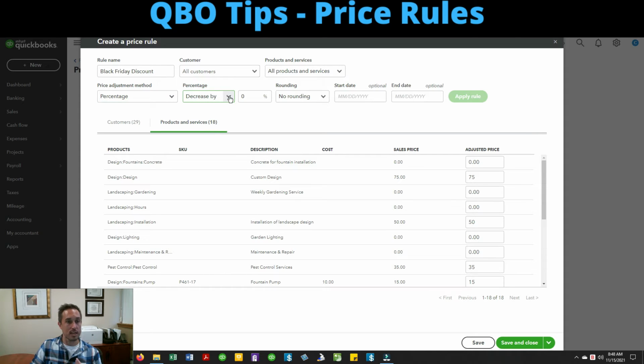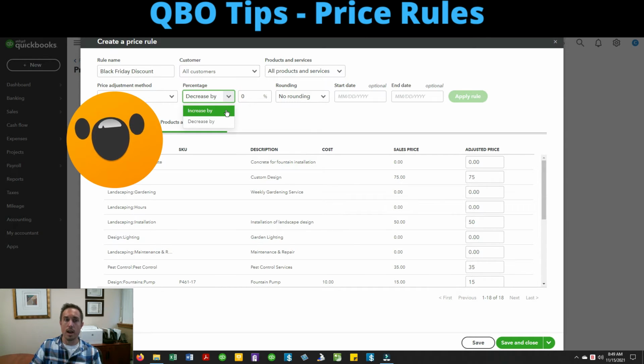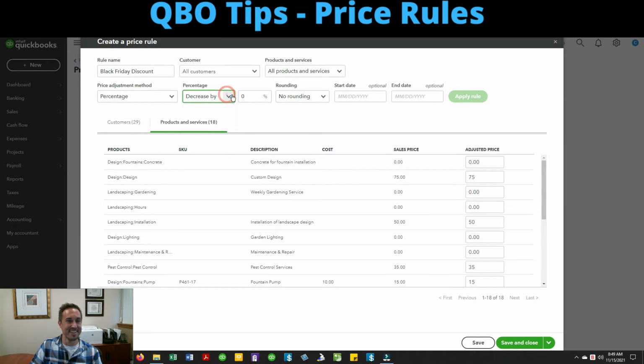Now, we can decrease the price, which is probably the most common, but there is also an increase option. So use that how you will. Now, I'm going to have a 30% discount for my Black Friday, and there is a rounding option. Now, the rounding is pretty interesting here.